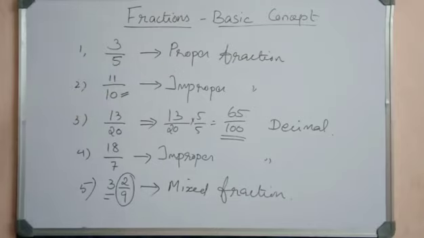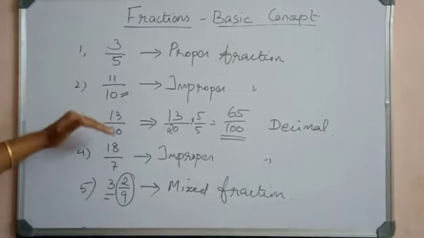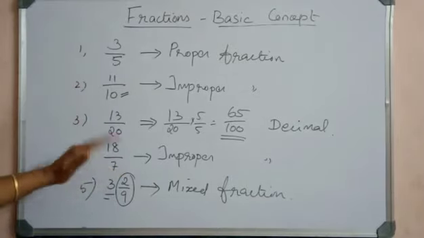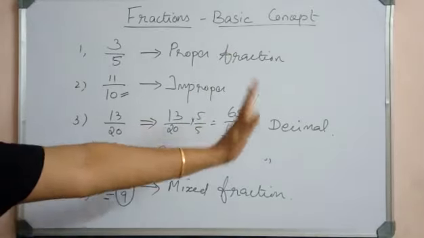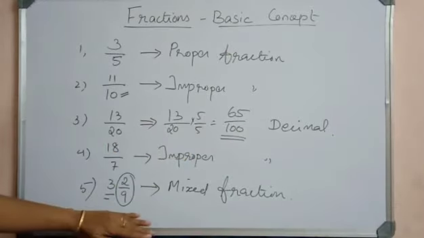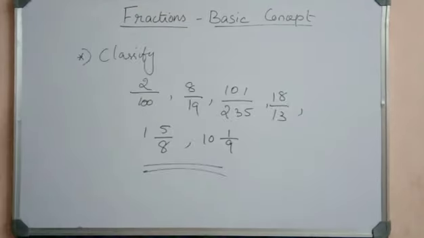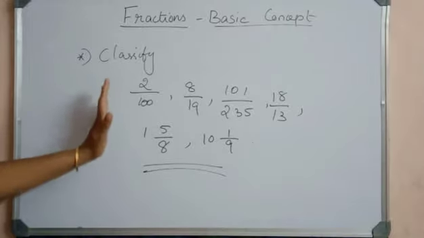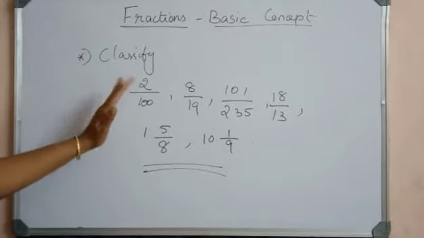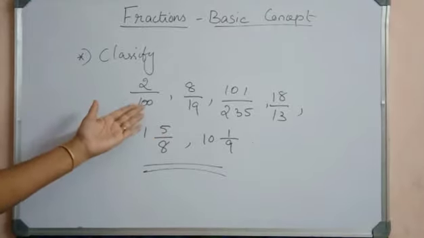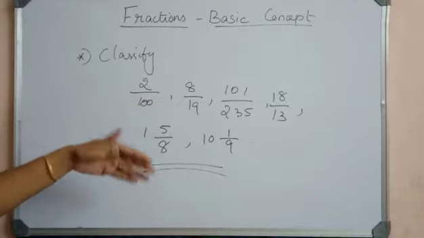There can be proper fractions or decimal fractions, or if the denominator is not a power of 10 or higher power of 10, we can consider those fractions as vulgar fractions. And when there is an integer with a proper fraction, we can say that this is an example of a mixed fraction. Now you classify these given fractions as decimal fraction or vulgar fraction, proper, improper or mixed fractions,